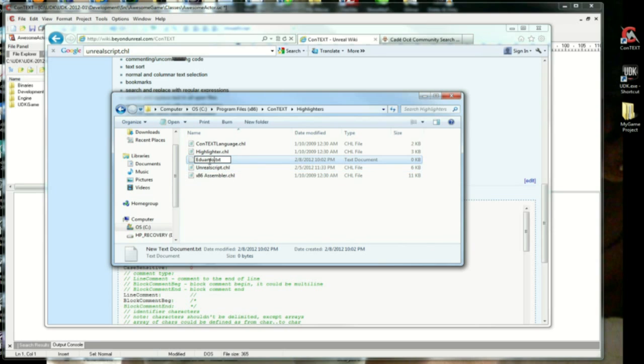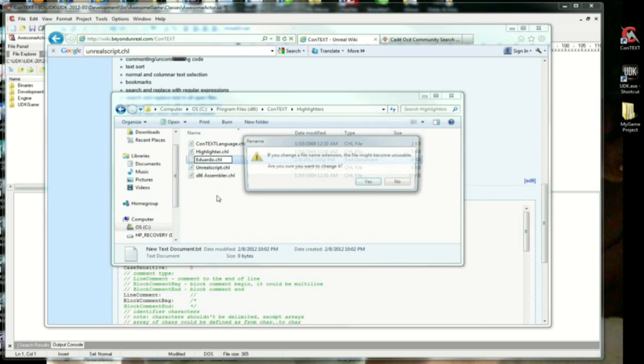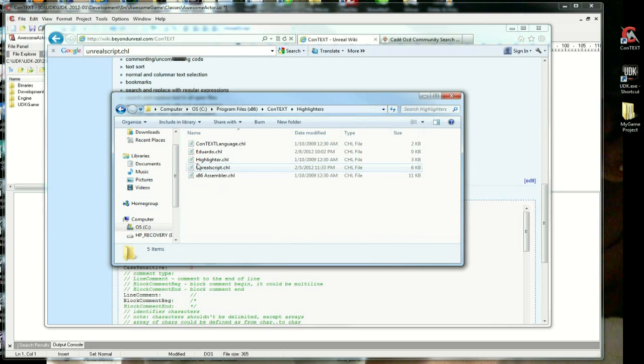Alright, but I'm just showing you here, so it's not gonna tell me there's a copy of it here. But you see how I have a txt file? Again, I'm teaching this in case someone doesn't know. I can change the extension of the file here now to CHL. If I click out, I'm gonna get a message asking if I wanted to change the file name extension. I'm gonna say yes. So this is no longer a notepad file. Now open it